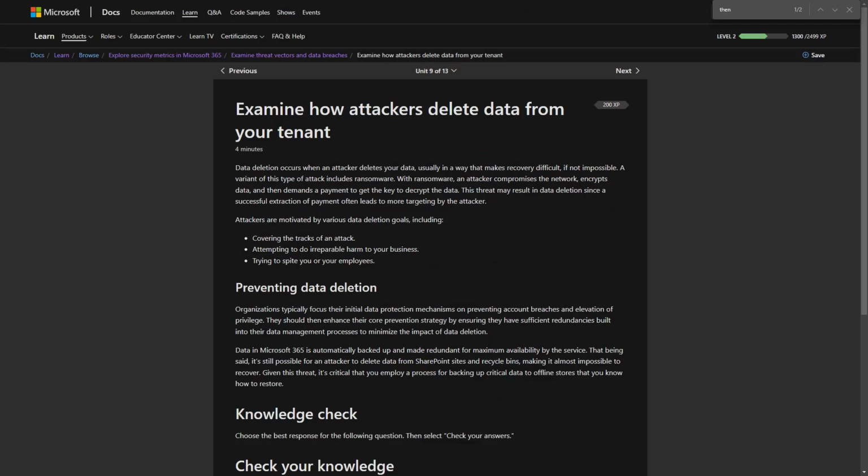Examine how attackers delete data from your tenant. Data deletion occurs when an attacker deletes your data, usually in a way that makes recovery difficult, if not impossible. A variant of this type of attack includes ransomware. With ransomware, an attacker compromises the network, encrypts data, and then demands a payment to get the key to decrypt the data. This threat may result in data deletion, since a successful extraction of payment often leads to more targeting